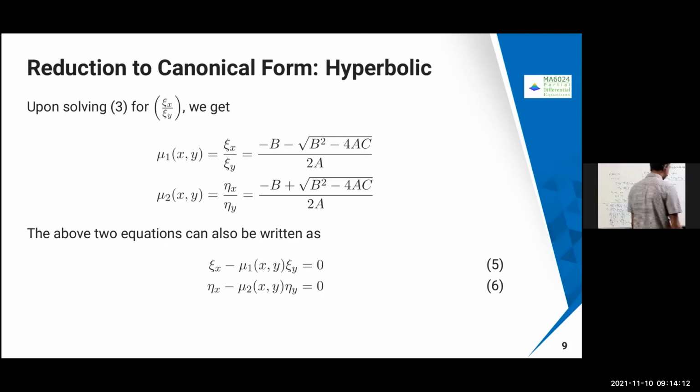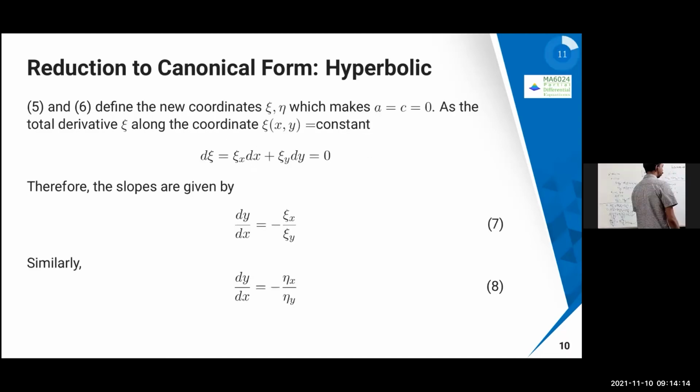So what is the use of this? Let us see. In the previous one, we might have studied something called the characteristic ODE, etc. The same kind of thing we are going to do here. So we are going to write the total derivative. The total derivative I'm going to find.